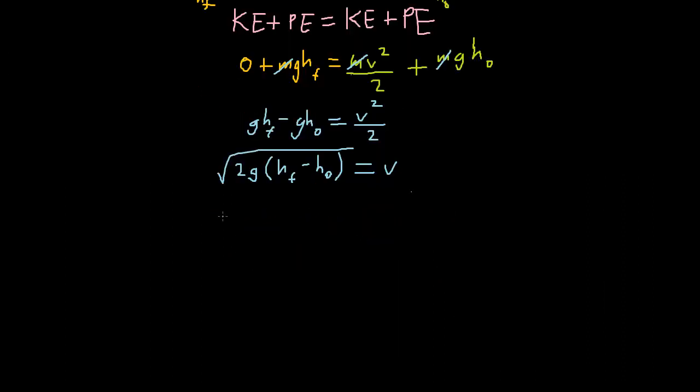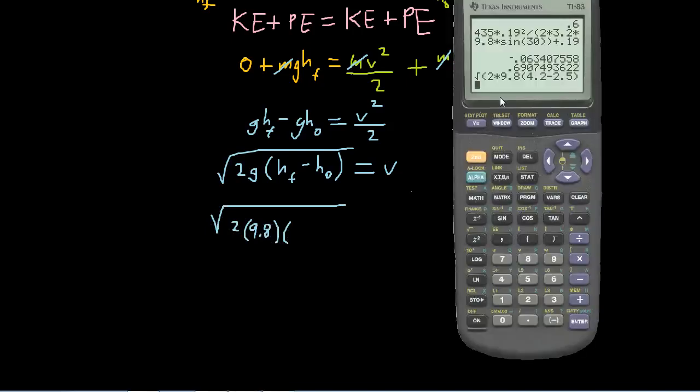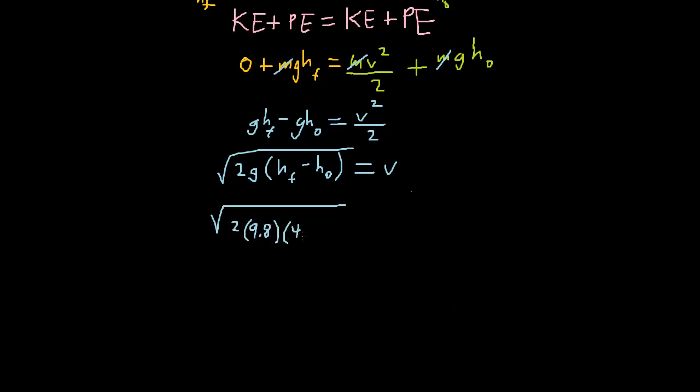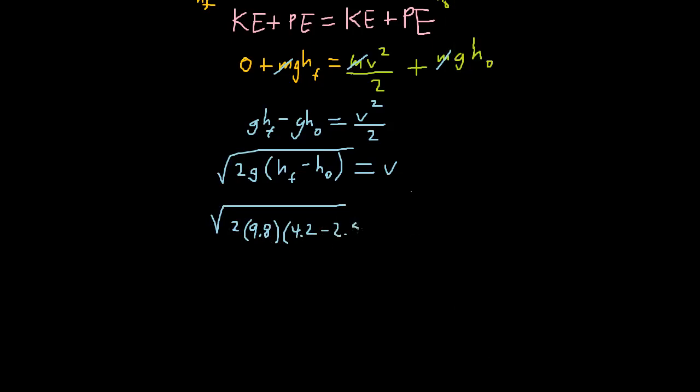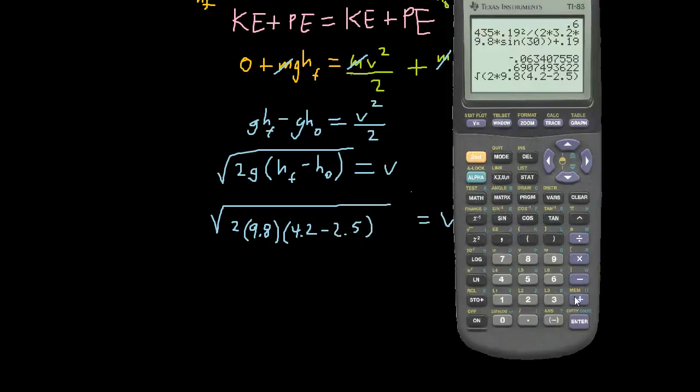So the square root of 2 times 9.8 times (4.2 minus 2.5), all of that square rooted, is equal to v. Let's press enter. I forgot the last parentheses. Press enter, and we get